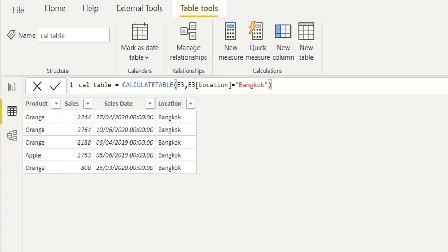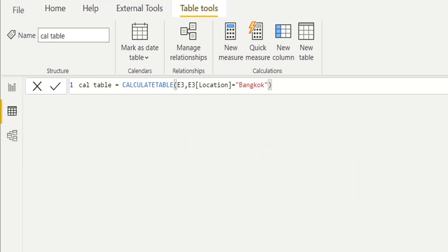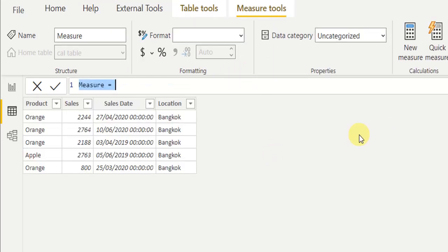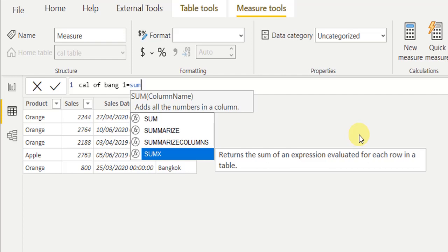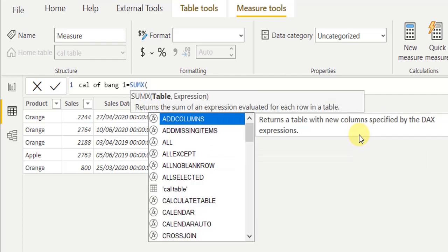Now if you would like to calculate the total sales using this calculate table, then you can create another measure. I am going to name it calculate of Bangkok 1 is equal to, and you can use the SUMX function, which is helpful and allows us to apply a filter at row context level, which I will explain in another video, how this SUMX function works.